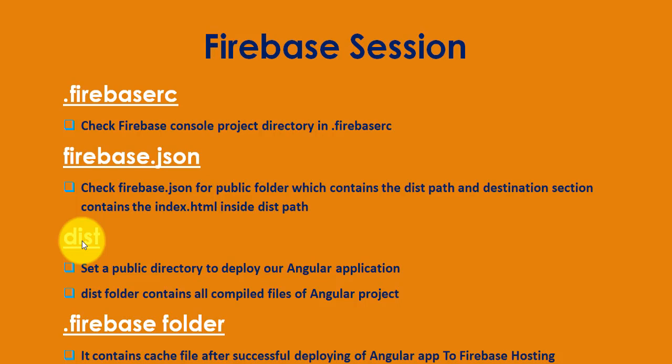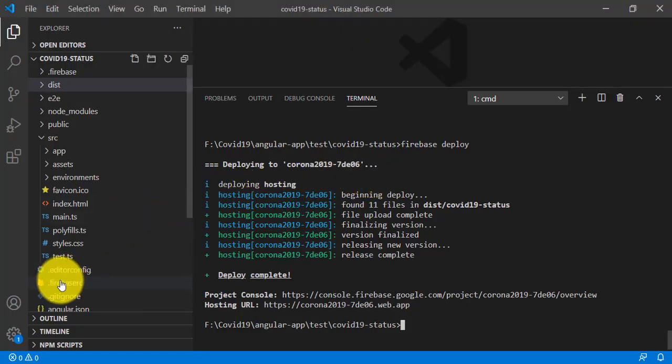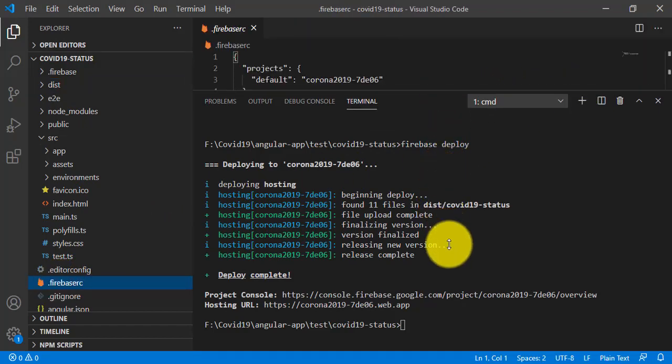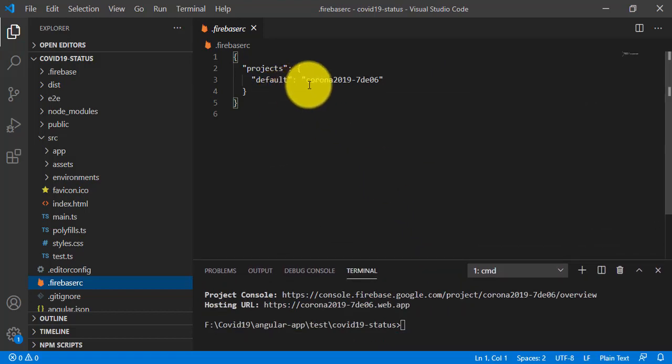So if you go to my Visual Studio Code here, I'll tell you about .firebaserc. Here is .firebaserc. You'll check here .firebaserc contains your project name, what you have created in the Firebase console, that is Corona 2019-7DE06.